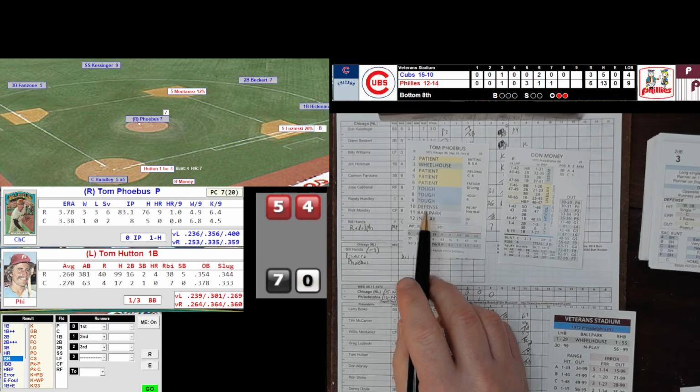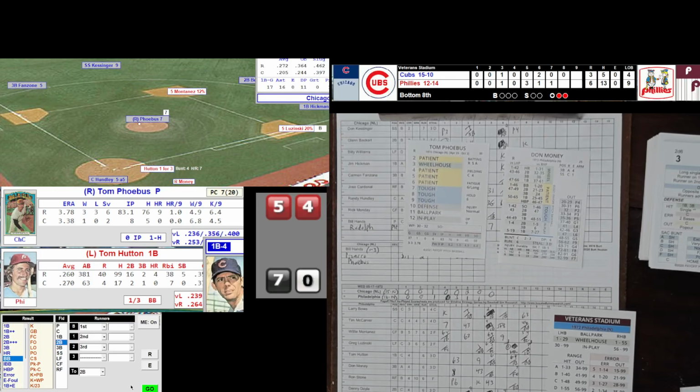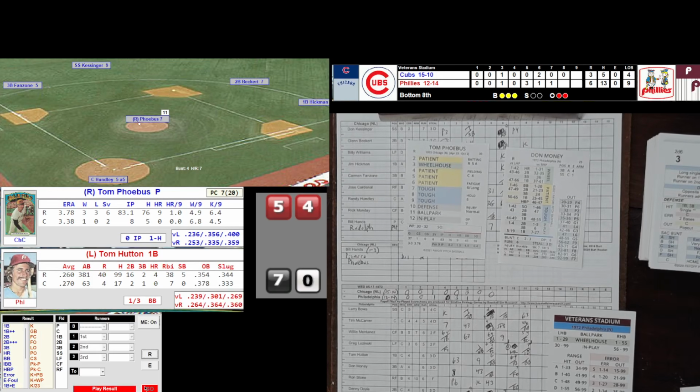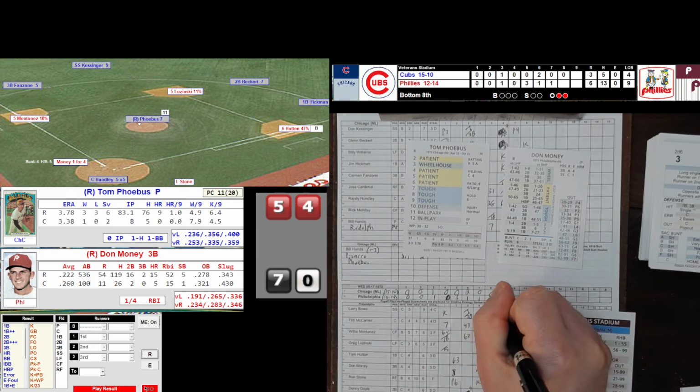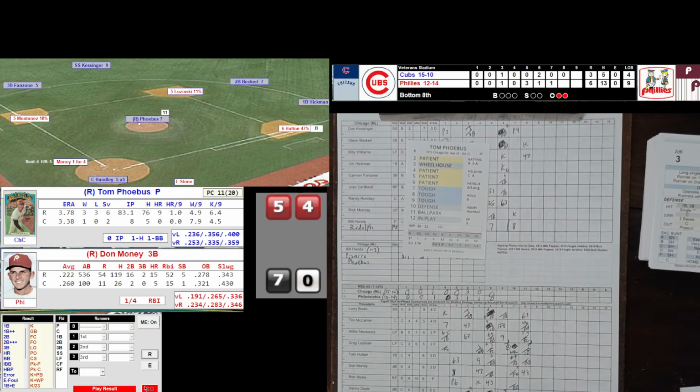That's a 9. That's tough. 70, so he won't blow it open. 70 will be a ground ball to second to end the inning. So we go to the top of the 9th,